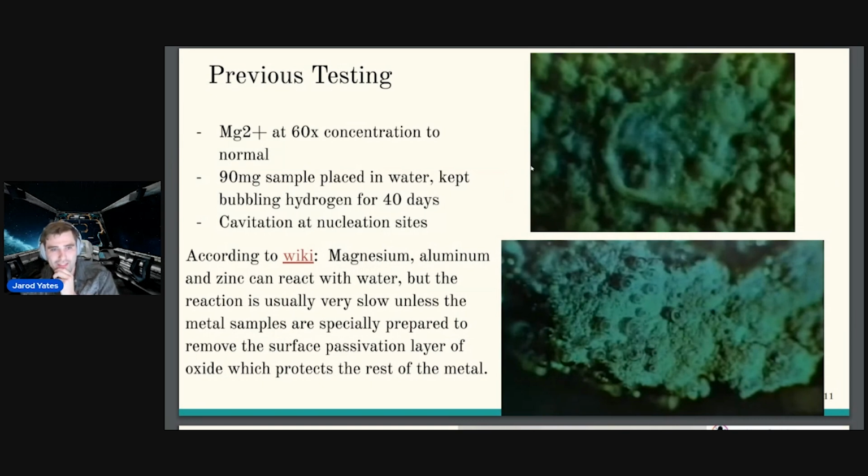Here's another cool test they did. They took a 90 milligram sample of this thing, dropped it in some distilled water, and watched what happens. Well, they had already observed that the magnesium in this was ionized magnesium, magnesium 2+ ions, and that it was at, quote, 60 times the concentration of normal. I have no idea what that means. Maybe it was really oxidized. I mean, who knows? Whatever it is that Linda is referring to when she says the magnesium was at 60 times the concentration of normal magnesium ions,